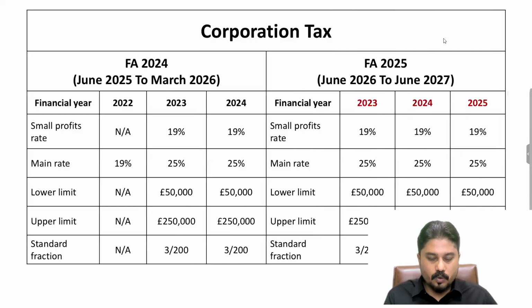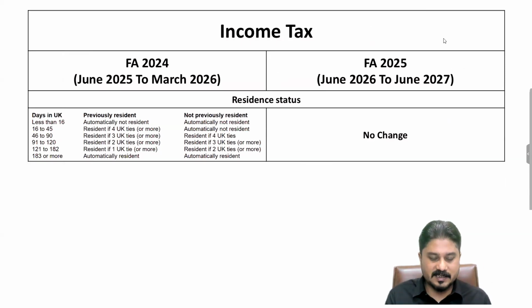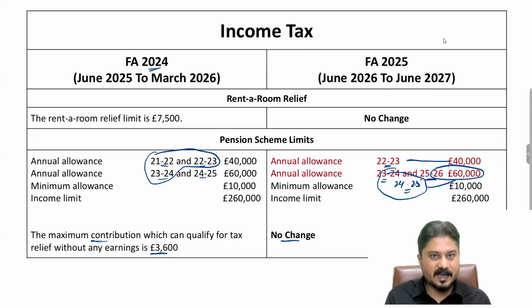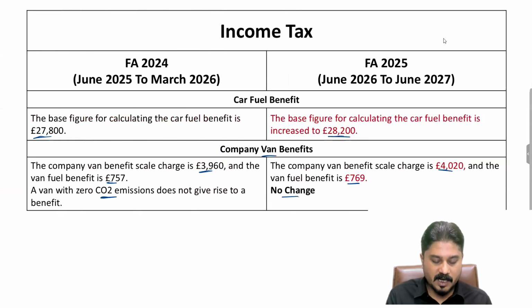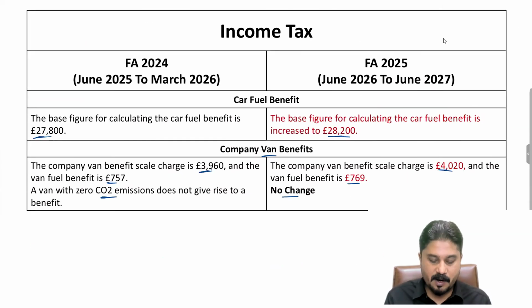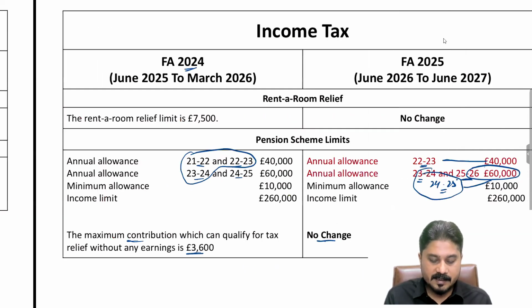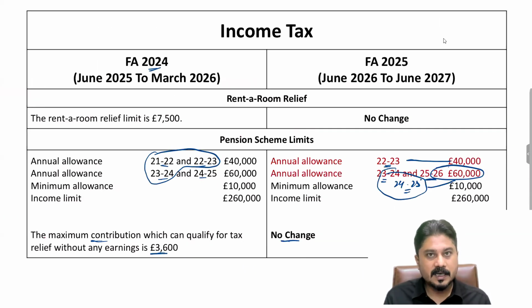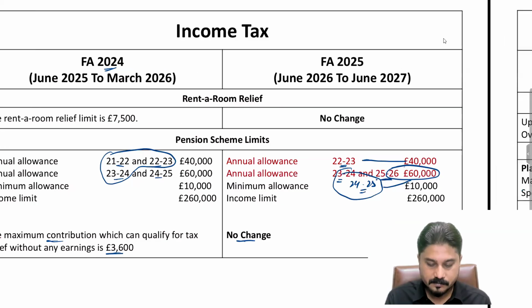Till now, we can conclude that if we sum up the income tax changes, there is a change in the car benefit calculation purposes. There is a change in the car benefit percentage, fuel benefit scale charge amount, and the van benefit amounts. Thereafter, for pension scheme limits, standing in fiscal year 25-26, if we look back 3 years, for the previous 2 years the amount will be 60,000, and for the third year the amount will be 40,000. In fact, there is no change, just the change in the years.